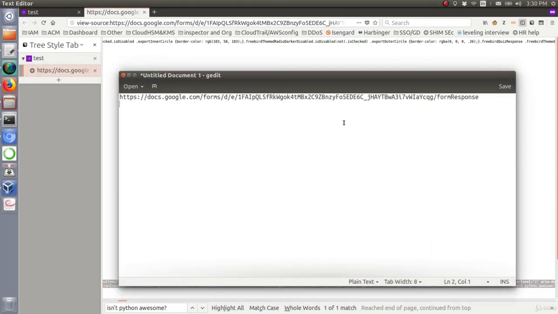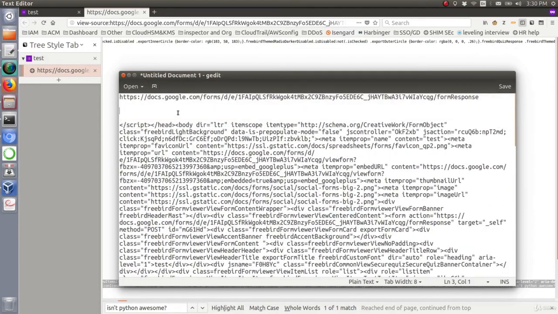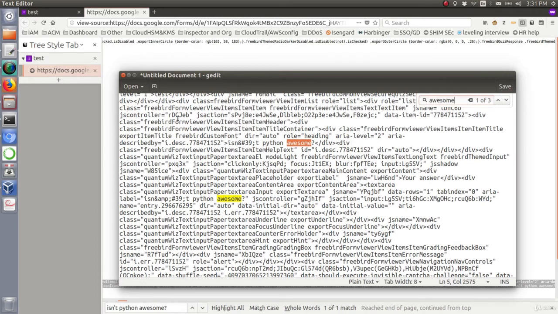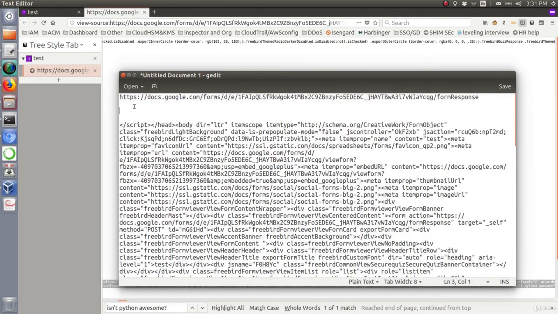Just to make it much easier, I will copy these two lines here, and I will go back to the notepad. Let me do a quick paste. Okay, so right now let's try to search for the awesome string. So I will go and type awesome. Honestly, it took me a little while to figure it out, but if you take a close look at the second line here, you will catch the name of the HTML form, which is entry.thisNumber. So I will just copy this value here and paste it, so we can use this. This is going to be our URL, and this is going to be our key in the dictionary,